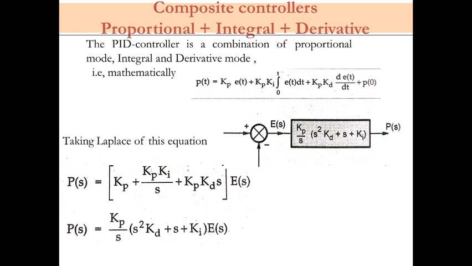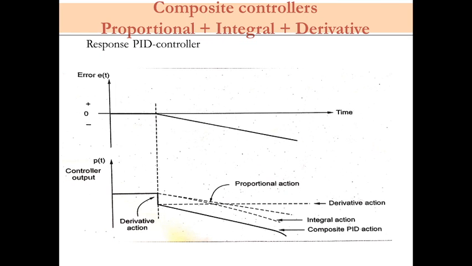This mode has the advantages of all the modes, because the integral mode eliminates the offset error of the proportional mode, and the response is also very fast due to the derivative mode. The sudden response is produced due to the derivative mode, and thus it can be used for any other condition. So with the PID control action, this is the response of the PID controller. With this action there is no offset, as you can see in the figure, no oscillation, with the least settling time. So there is improvement in both transient as well as steady state response.